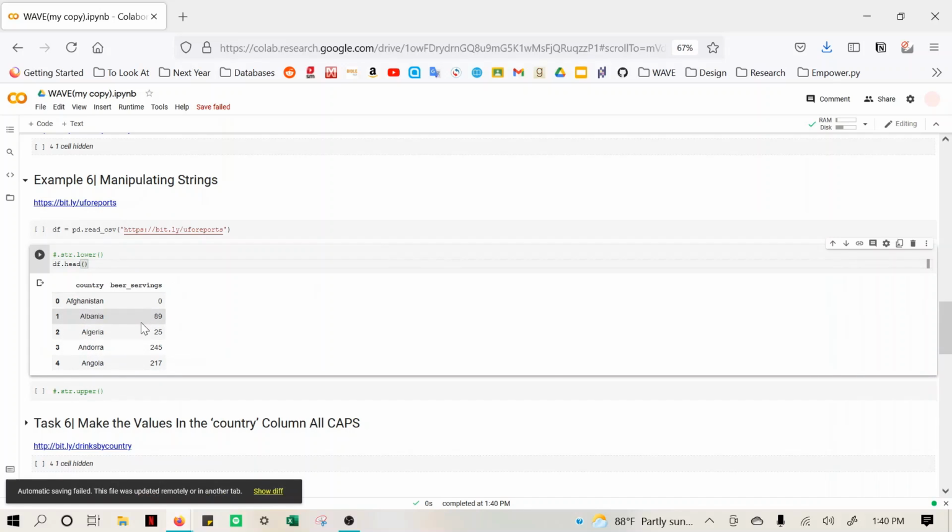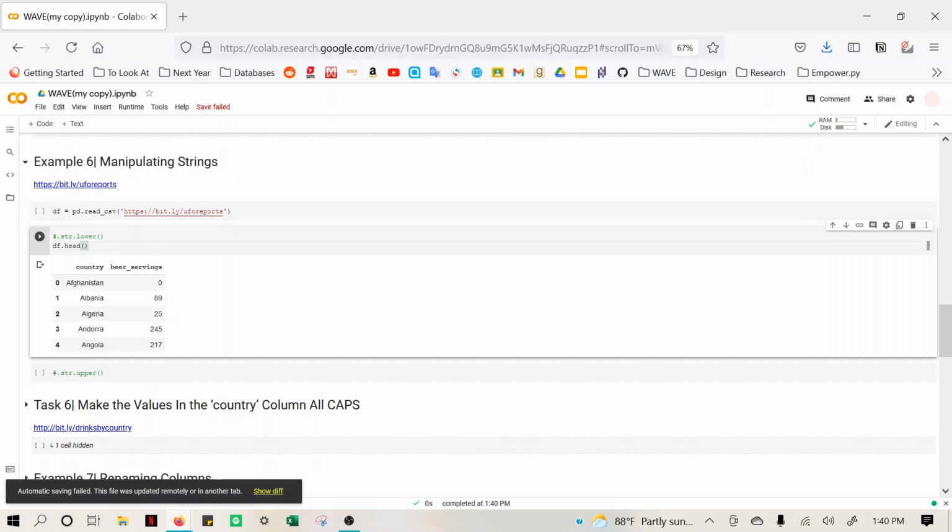Right, so we only have country. Let's say I want, in this case, all the letters to be lowercase, right? Because we have one capital letter, it starts with a capital and then goes lowercase. Let's say I just want them all to be lowercase. Well, what I'm going to do is add